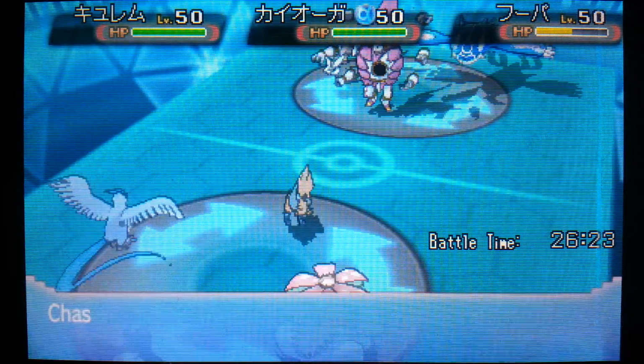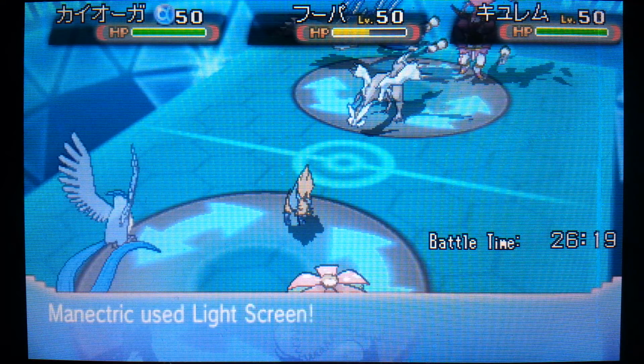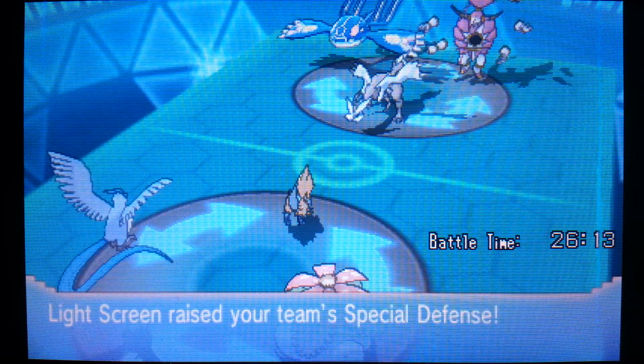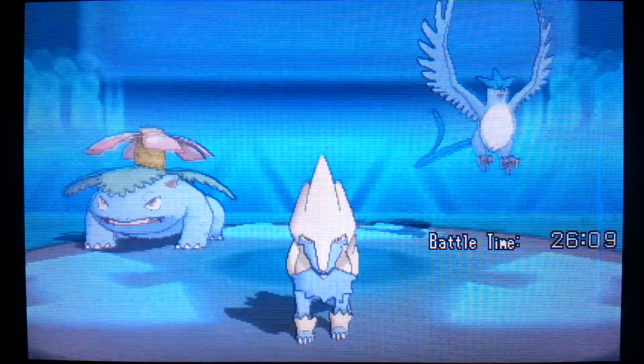So it looks like they're going to... Maybe they're rotating as well? Yep, and Kyurem comes in. Now, what would this thing have used against that Articuno? Let's find out. We might be able to learn Rock moves, actually. Or just Draco Meteor. So the Light Screen is up, but can